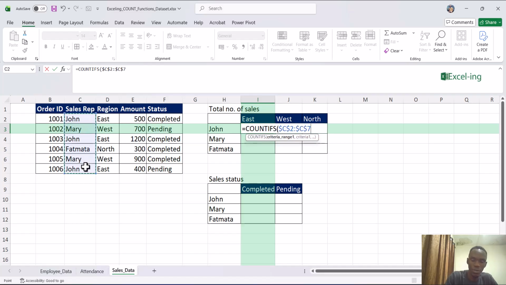and press F4, and our criteria here is John, but we want to make this dynamic. Remember in our last class we talked about cell reference. You can check the video on my channel. So in order for us to hold this here, we want the column to be absolute but the row to be relative. So column,